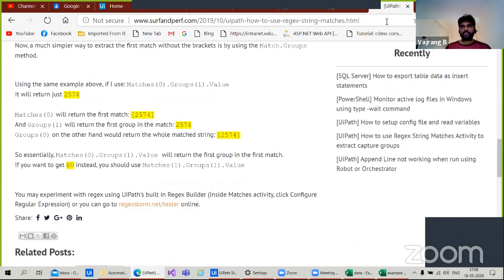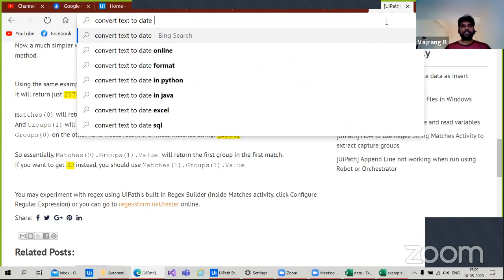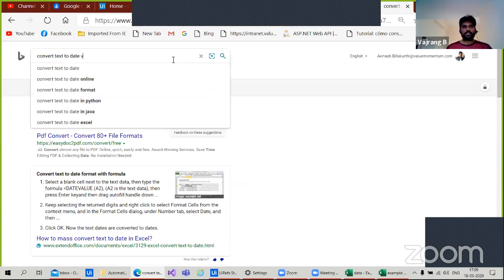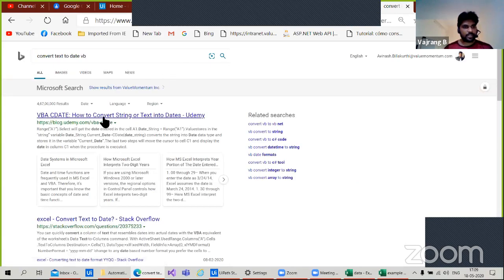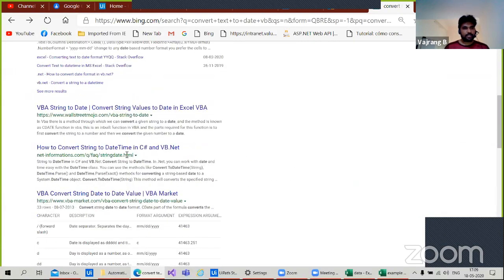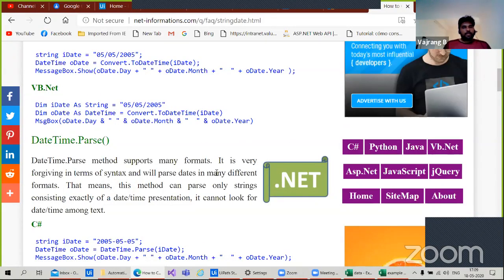Okay. Convert text to date. Let's see VB. I think if we can give VB, that should be correct. Convert a string into text dates. Let's see. Okay, this is not VBA. Let's see with VB, string to date time. Okay, convert to date time